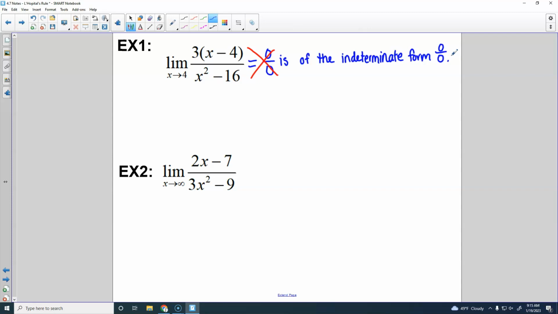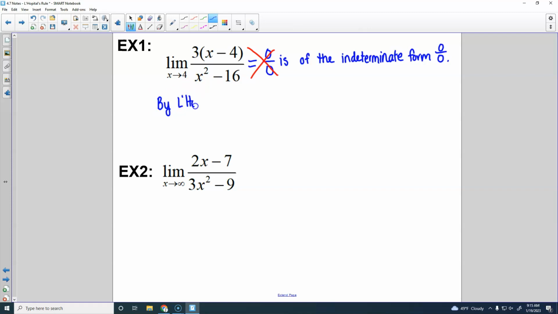So we can't say that it equals 0 over 0, but we can say that it is of the indeterminate form 0 over 0. That may or may not actually end up counting off for us on the AP exam, but it's best to do it correctly every time so that if it does end up counting for a point, we get that point, all right? So if this is of the indeterminate form 0 over 0, we can say